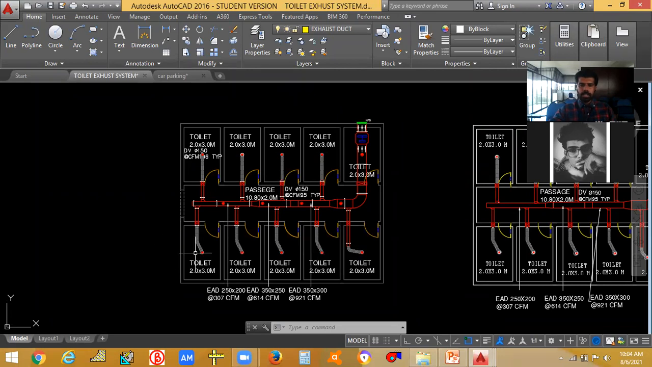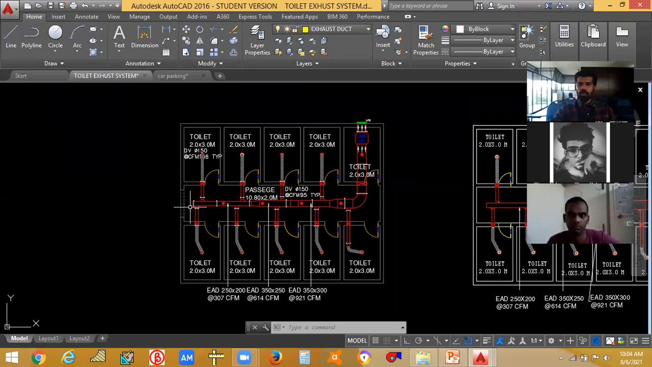So these are different toilets: 1, 2, 3, 4, 5, 6, 7, 8, 9, 10. There are 10 toilets, and I have to find out the ventilation in these 10 toilets. Not only these 10 toilets, some passage is also there in the center. You can see this much area is the passage, and you have 10 toilets. If I ask you to take a ventilation system for these 10 toilets and this passage, what you must do is that first,